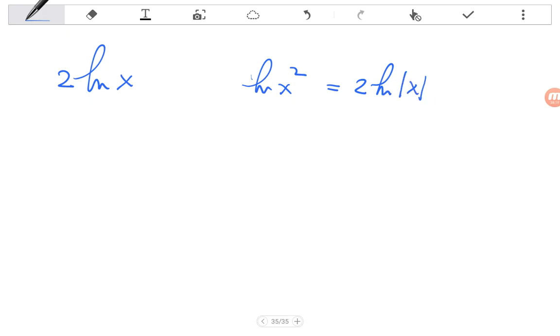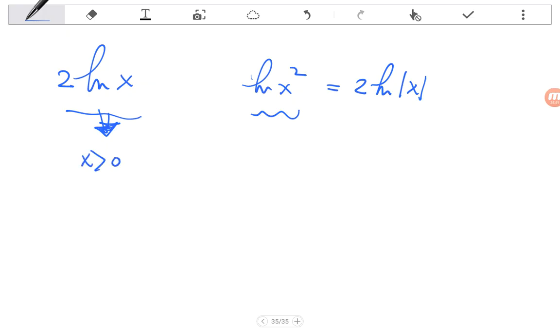What about this: is there a difference between these two functions, 2 ln x and ln x squared? Yes, these two functions are different. We learned before that when we take that 2 beside the ln, that will be 2 ln absolute of x. So what is the difference between this function and that other function? These two functions may be equal in some interval of x, but not all of x. Why? Because the domain of this function